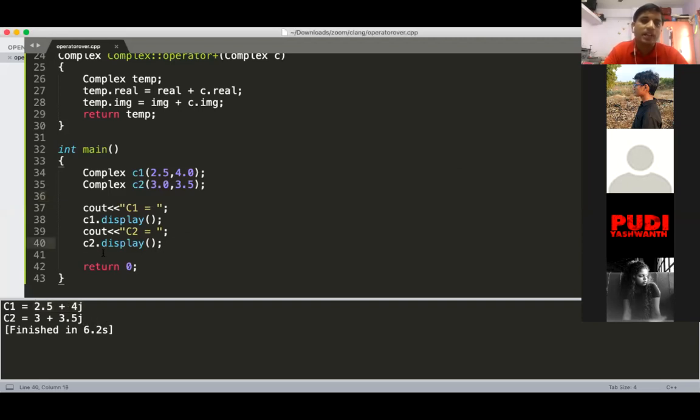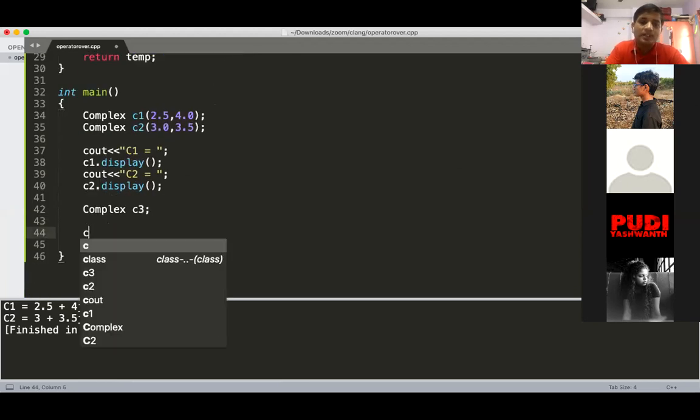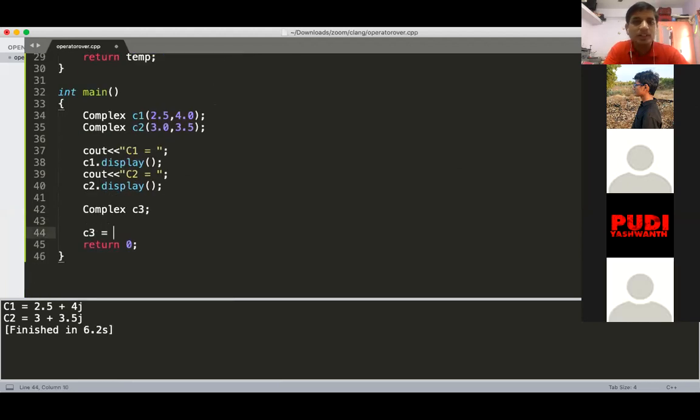Now the next step is I need to add them and store the result into a third object. So I created c3 here, and c3 is equal to c1 plus c2. Okay, and I will check the output first.